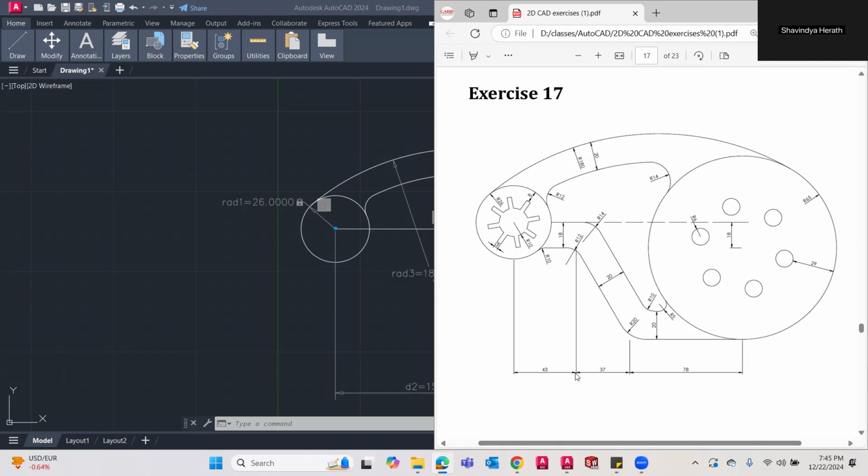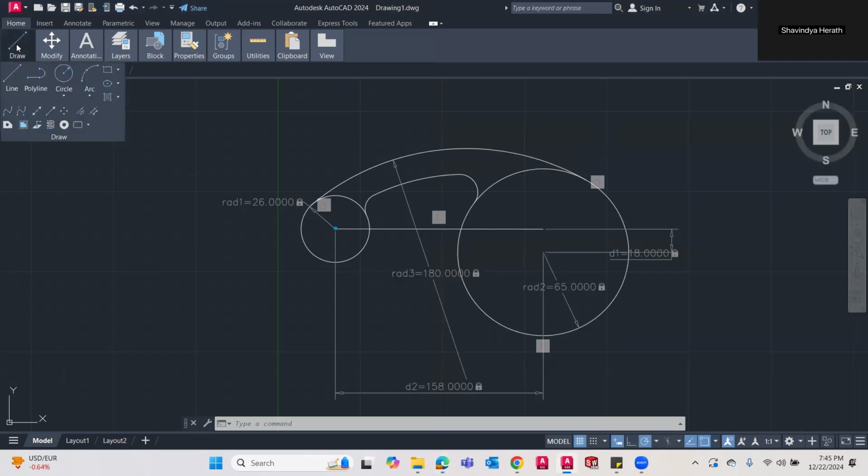From here to here I can go 43 units, right? And again, there are 37 units, and from here to here I can count 78. Let's go with 43 first. Go to the line command.